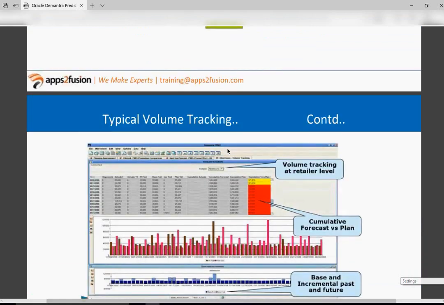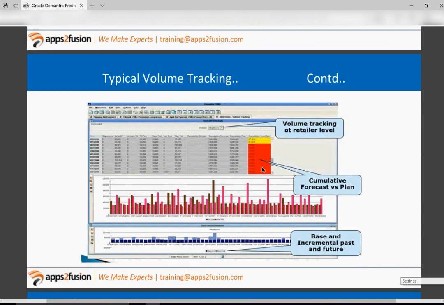So this is a worksheet at that client site where we have developed what I mean by typical volume tracking. These are certain series that you see in this columnar form. You have a time dimension here, and you have a retailer dimension at a page level having a list of values. And these are certain series which are created to track the volume, both base and incremental.